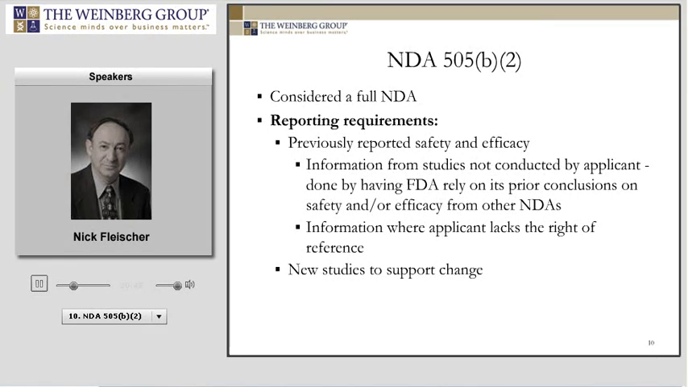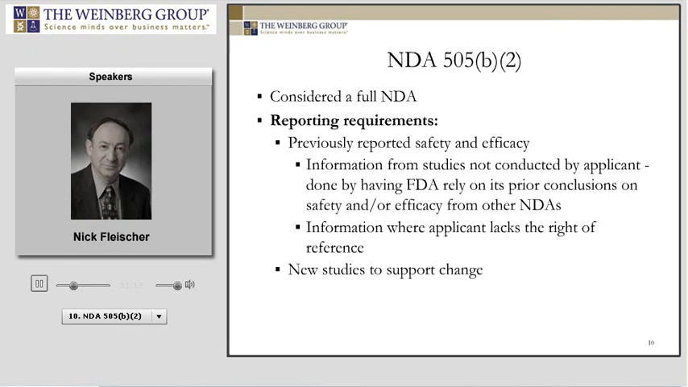As I was just alluding to, years ago, before the formalization of the 505(b)(2) NDA through the Hatch-Waxman Act, many people may remember there were NDAs that used to be known as the paper NDAs, and what the Hatch-Waxman Act did is actually formalize for the FDA and for everybody else the paper NDA process and put it into regulations to what would be required in a (b)(2) NDA. The reporting requirements would be any previously reported safety and efficacy data, information from studies that were not conducted by the applicant,